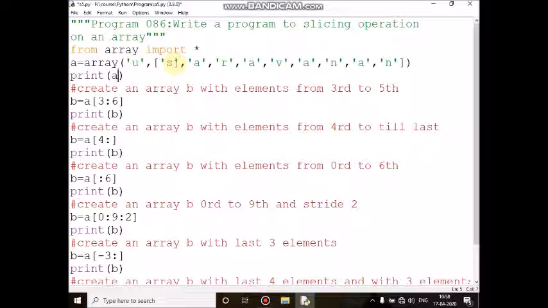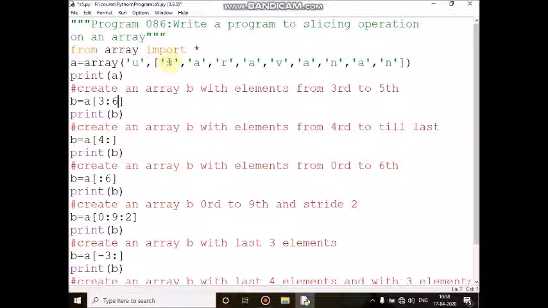S, A, R, A, V, A, N, A, N. Now I am going to create a B array from this A. Here B equal to A of 3 to 6, this is starting, this is ending. From this third character to 6 means up to 5th.